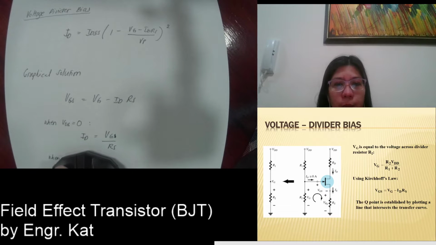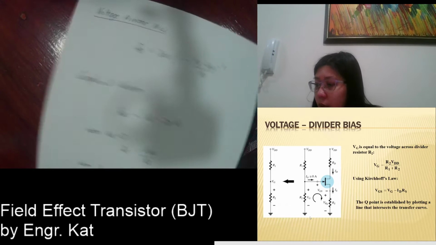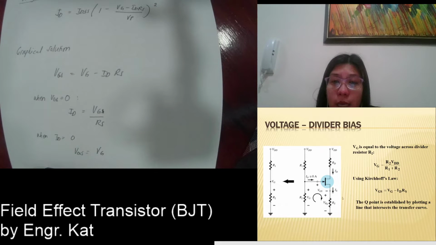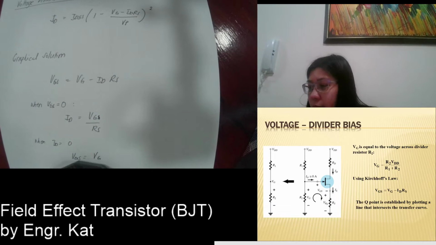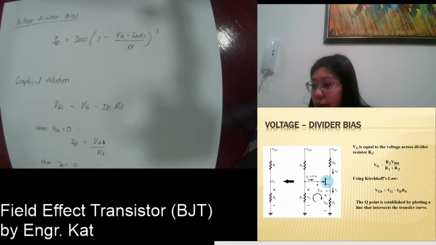Now, using Kirchhoff's voltage law or KVL at this portion, we have here VG minus VGS minus VRS. VRS is equivalent to IS multiplied by RS, but since IS is equal to ID, then we can have here ID multiplied by RS. Okay, so the Q point is established by plotting a line that intersects the transfer curve. However, if this is your VGS, we can replace that mathematically